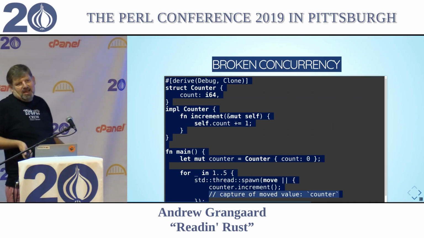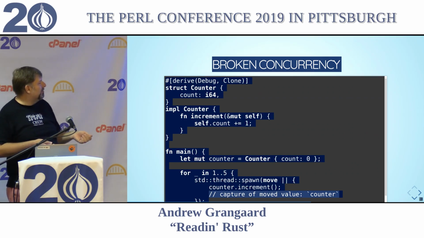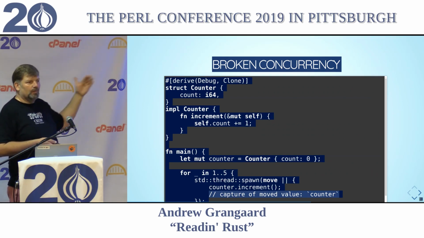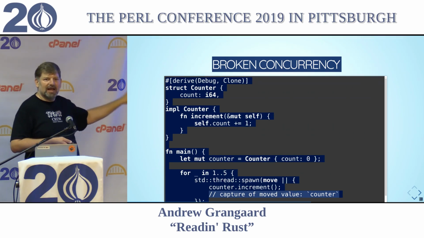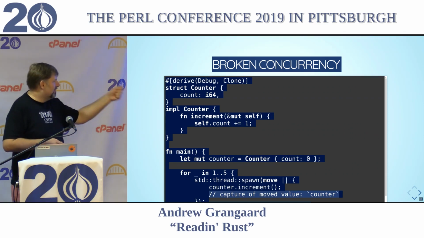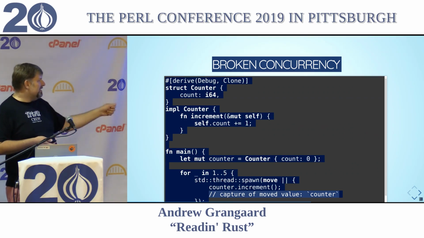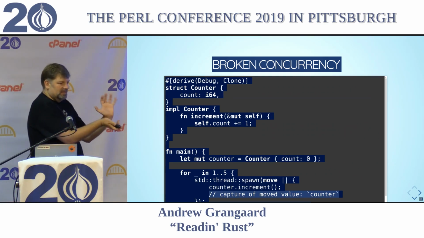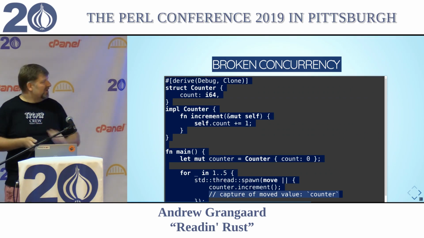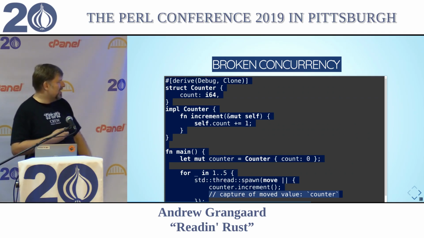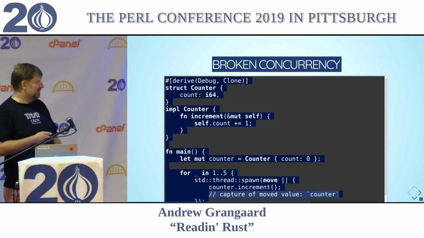I'm just like, hey, anybody who's got this, open it. And this would be a problem. The C equivalent of this would compile, and then it would break down the road. Whereas the type checker is smart enough that it will actually catch that type of error. So I'm like, hey, here's my mutable counter, and I'm going to spin up 5 threads, and in each thread I'm going to use move semantics to move whatever is on the stack here, just move it all into the new thread, and so it will have a counter, and then increment it.